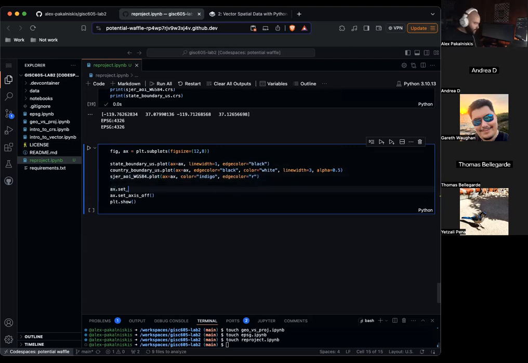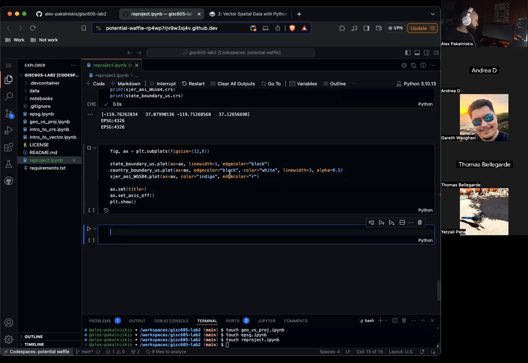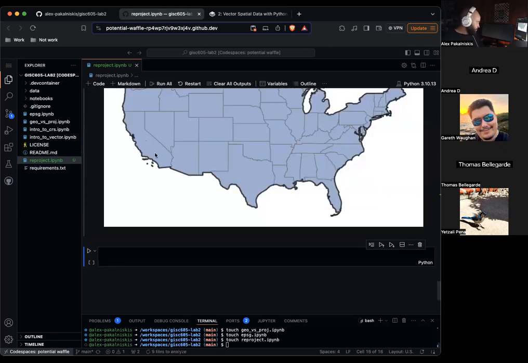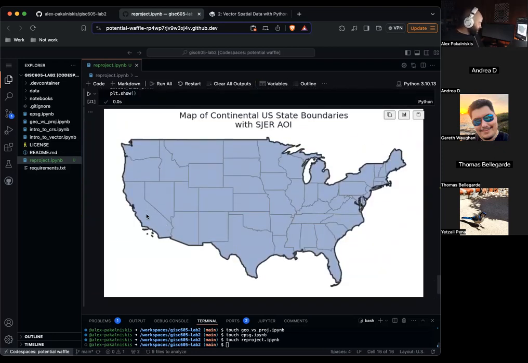Now let's do ax dot set title equals, oops, map of continental US state boundaries \n with SJER AOI. Nice. And you can see our SJER AOI is really small and in kind of central California.